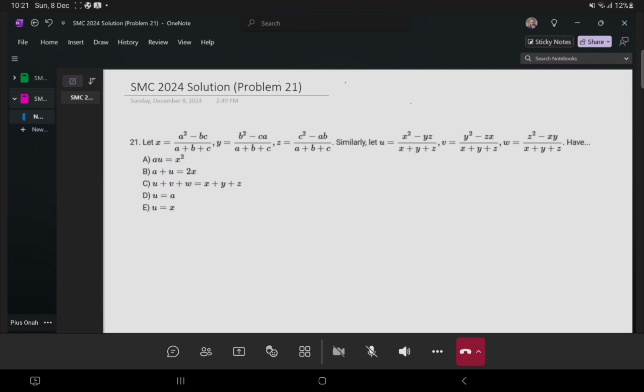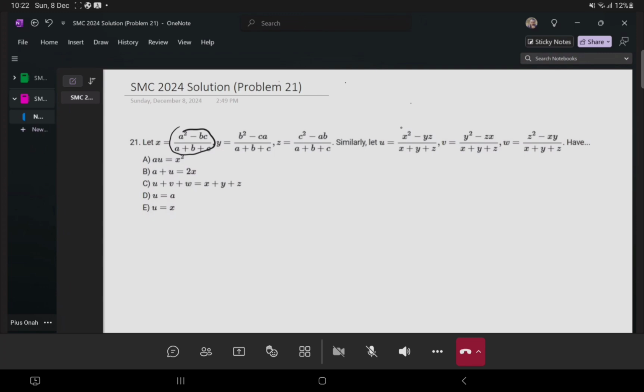So this is under algebra, where basically we just need to perform some substitution and then try to simplify. So first, there are different ways we can go about this problem, right? A more straightforward approach would be just to substitute. So we have here x, y, and z in terms of a, b, c, and then in a similar way, u, v, w in terms of x, y, z. So we can substitute the